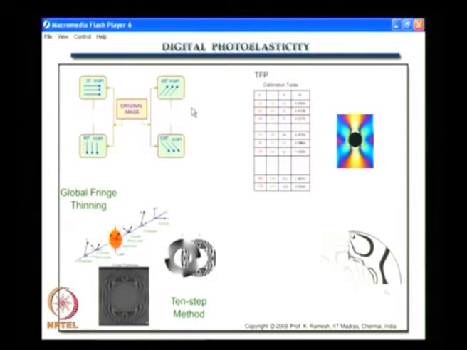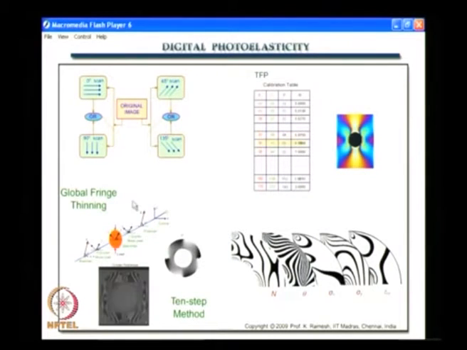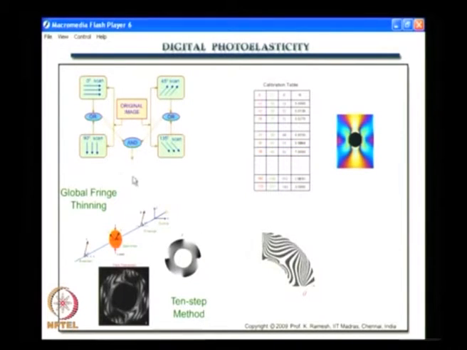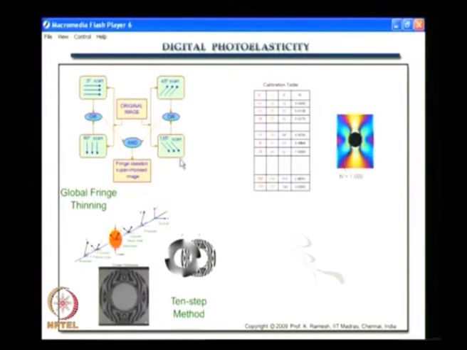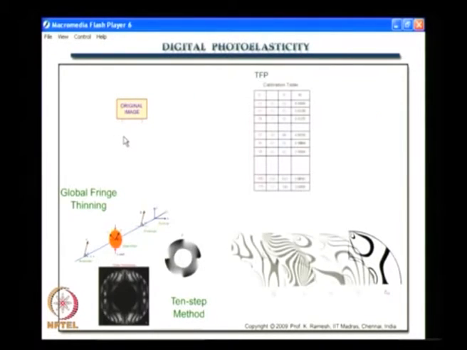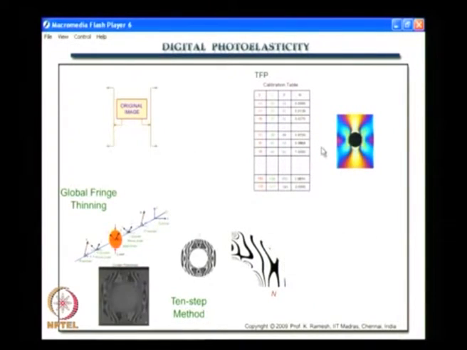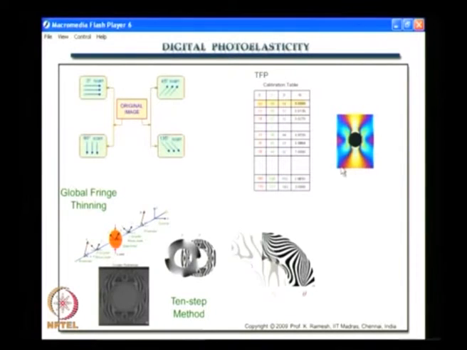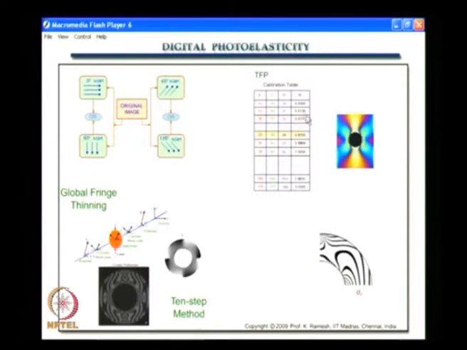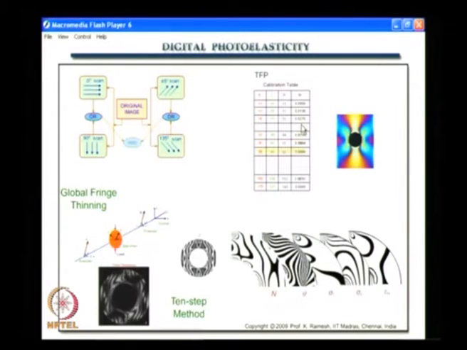We have already looked at one of the earliest methods which mimicked what you do manually, identifying the fringe skeletons, how you can employ image processing techniques, how logical operators can help in finding out the fringe skeleton conveniently. And I mentioned you have color code, and this color code could be conveniently employed in digital photoelasticity to evaluate the fringe orders. We will have a look at certain aspects of this.